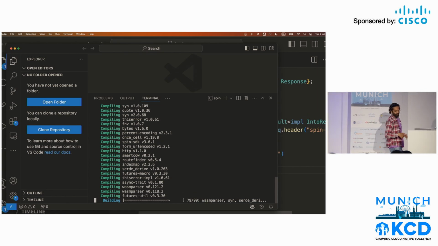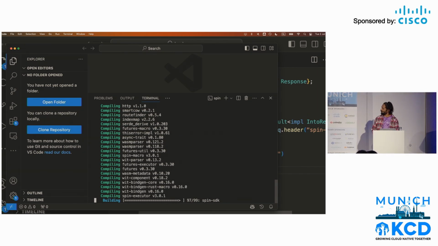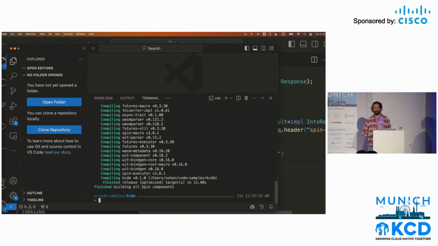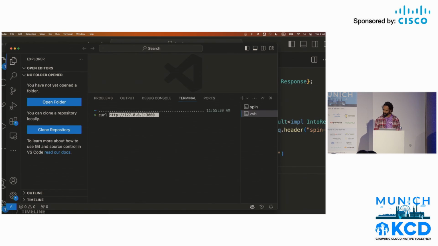Usually, the builds after this are much quicker. And I can actually set this up and run it locally as well to do local dev testing by just saying spin up. Right? And we have it running on localhost. So I'm just going to do a curl request to this right here. Yeah, there we go. I'll just do this, and we see a hello KCD. Right? Again, just a simple